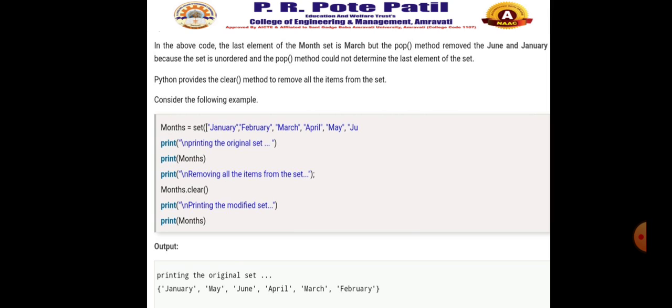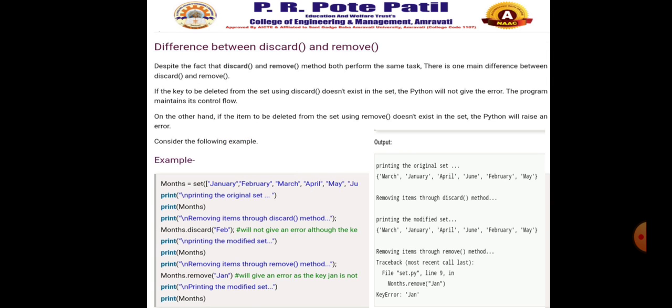You can add symbol, integer, float, tuple. These are immutable data types, data structures, and you can add them inside a set. But mutable ones, just like list or set, we cannot add this data structure inside your set. In that case it will give an error. So this is all about the Python set.